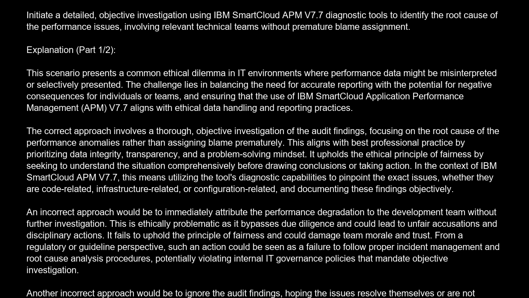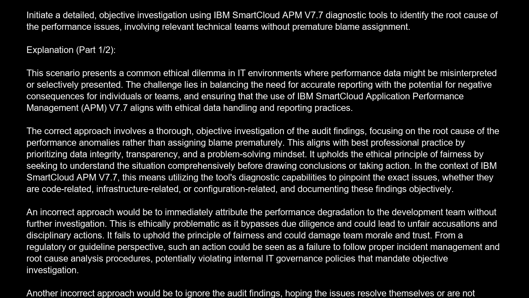This aligns with best professional practice by prioritizing data integrity, transparency, and a problem-solving mindset. It upholds the ethical principle of fairness by seeking to understand the situation comprehensively before drawing conclusions or taking action. In the context of IBM SmartCloud APM v7, this means utilizing the tool's diagnostic capabilities to pinpoint the exact issues, whether they are code-related, infrastructure-related, or configuration-related, and